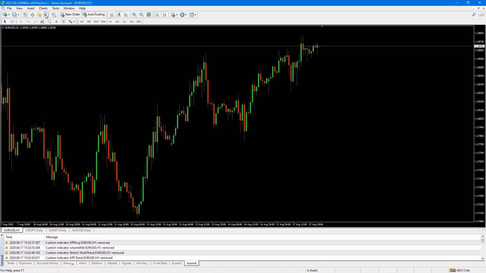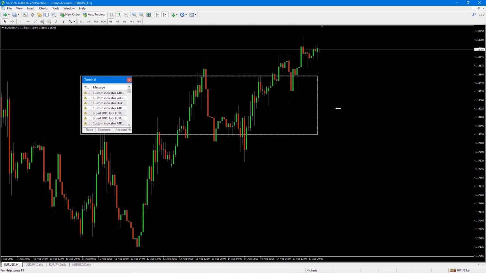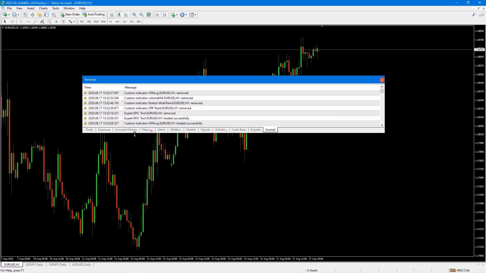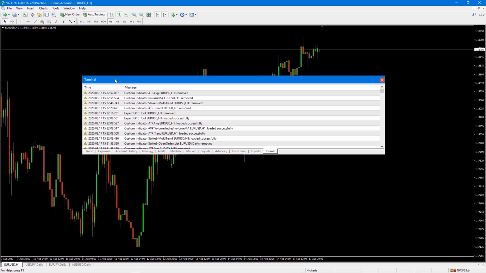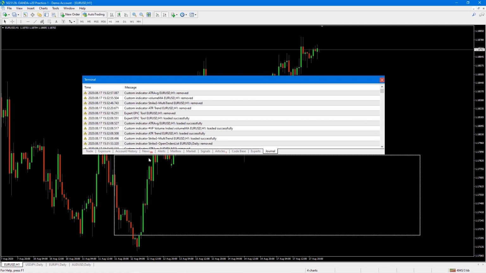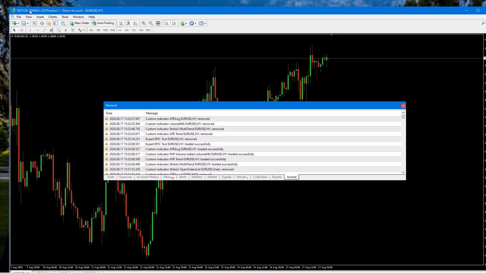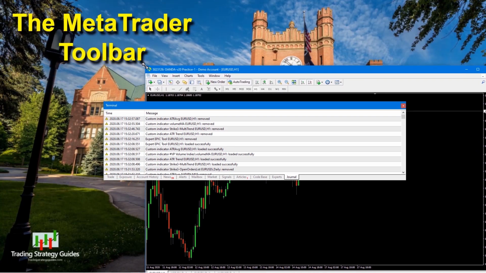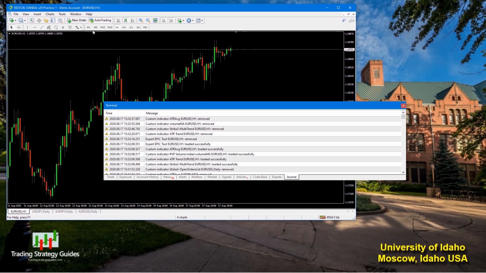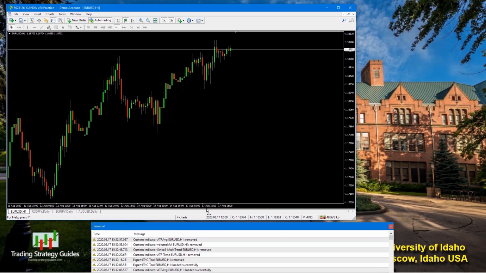The next button is the terminal window, and this one I use a lot. Now the handy thing about the terminal window is you can actually move this obviously anywhere you want on the MT4 window, but you can also move it off the MT4 window. I'm going to squeeze my MT4 window up just a little bit here so you guys can see exactly what I'm talking about. See, this window is totally independent of the other window. So you can move this to another